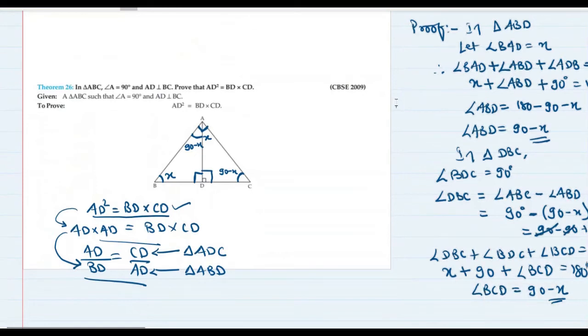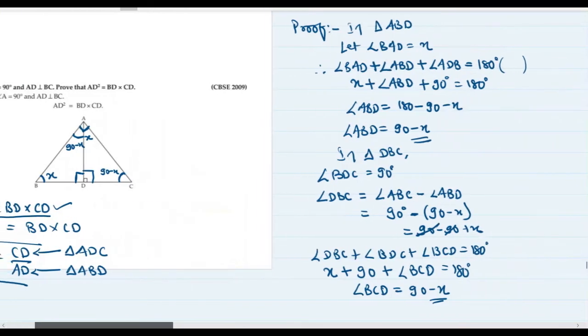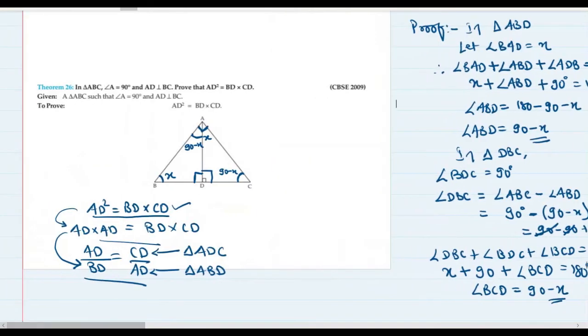Okay, the same thing I want you to write all over again for finding all the measures of missing angles in terms of x, like how I have shown in the figure. Now which two triangles do you have to prove similar? ADC and ABD. How do you know that? From that backdoor technique which I have discussed with you earlier as well. This backdoor technique will be very useful, remember that.